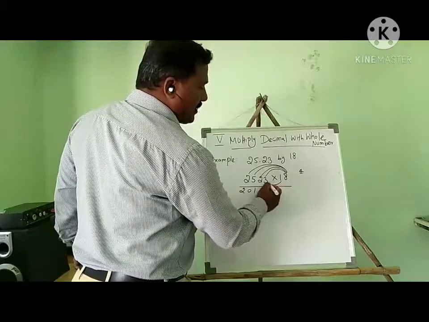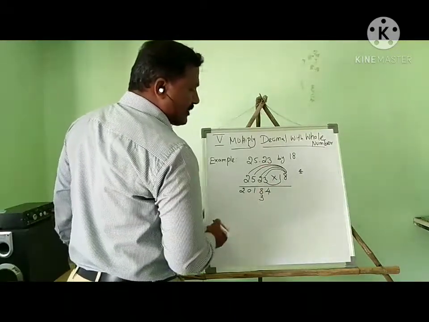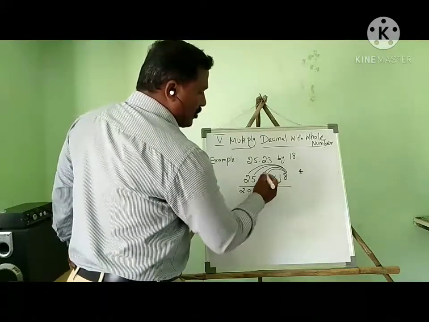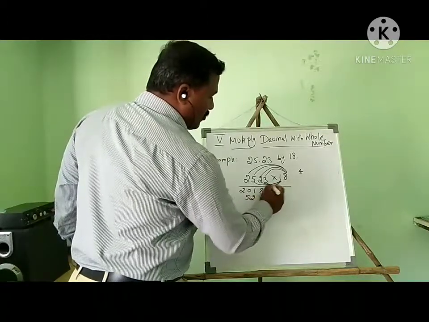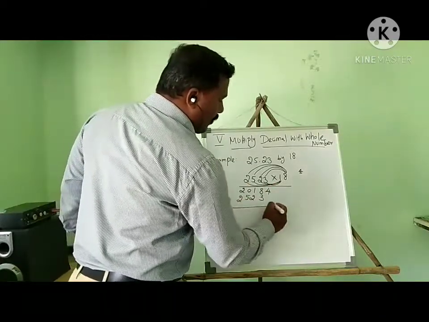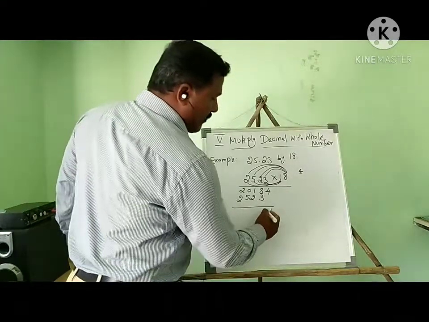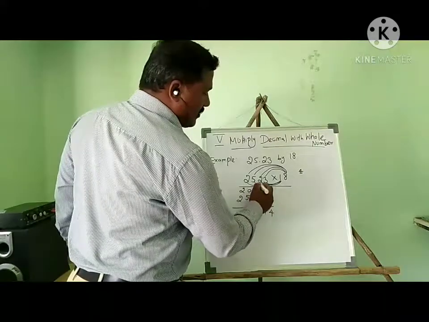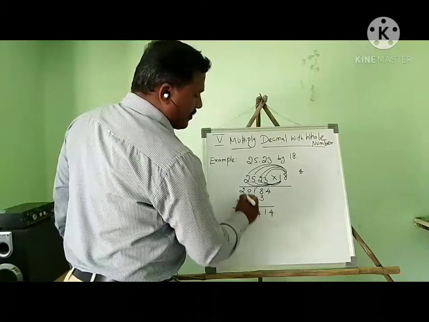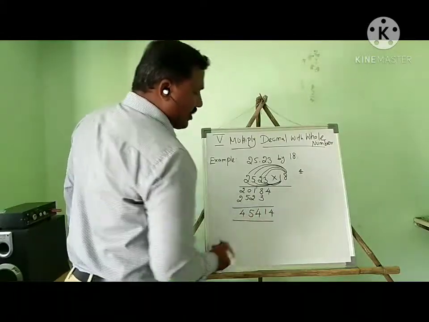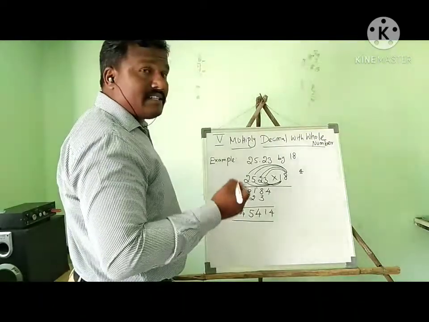Now we have to multiply by 1 into 3. One step forward, so I will write here 1 3 is 3. Now 1 2 is 2. Now 1 5 is 5. Now 1 2 is 2. If you add, 4, 8 plus 3 is 11, remainder 1. So 2 plus 2 is 4, 5, then 4. Now we got an answer, but this is not the right answer. We want the answer as a decimal number.